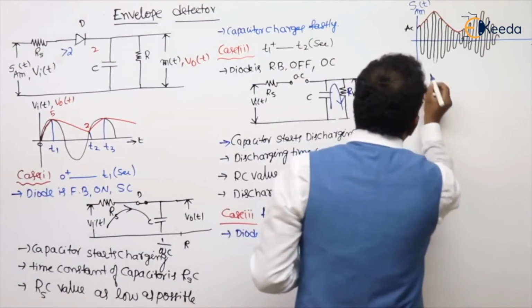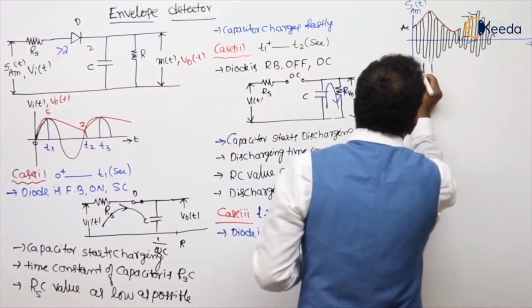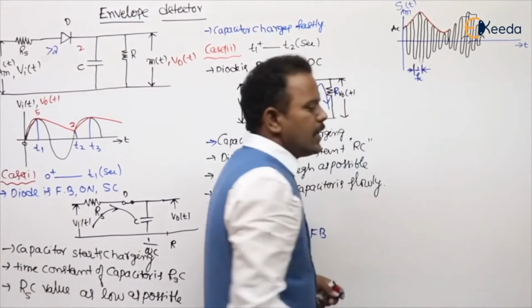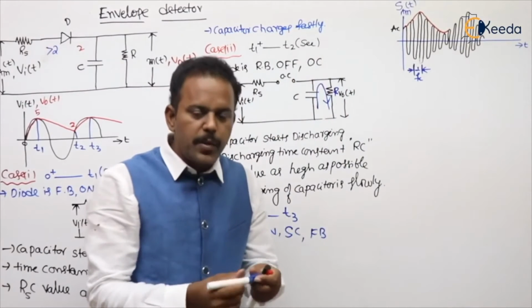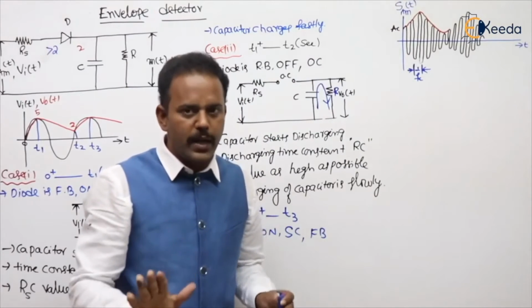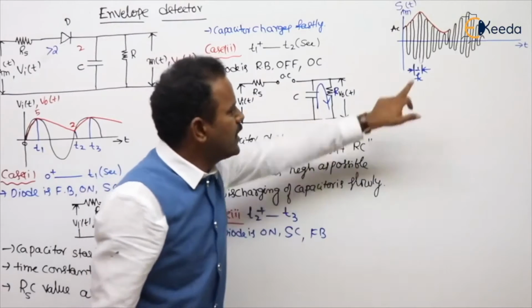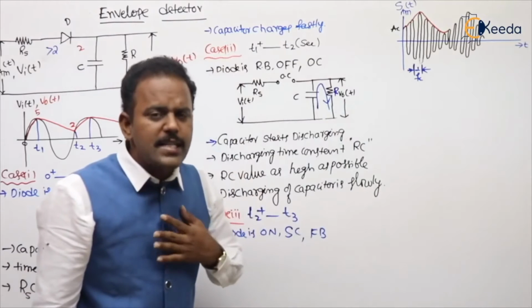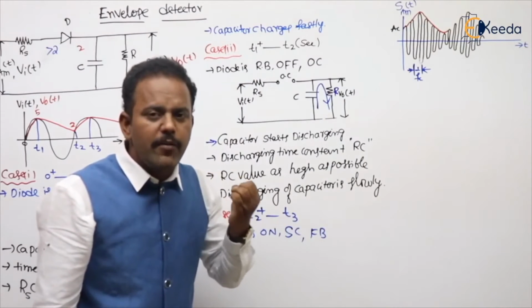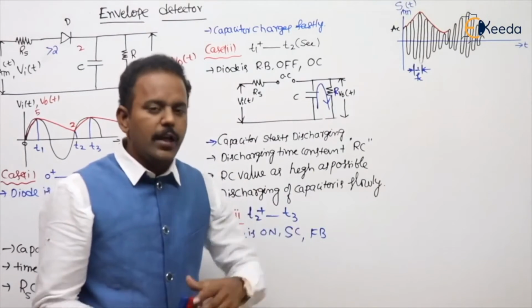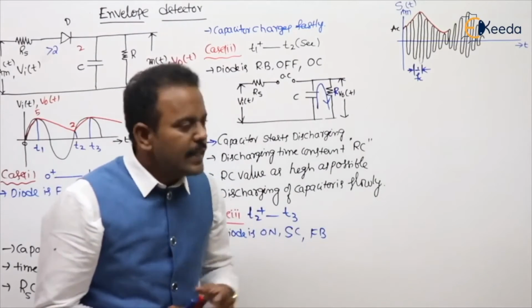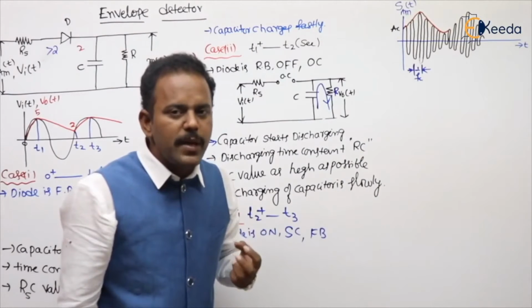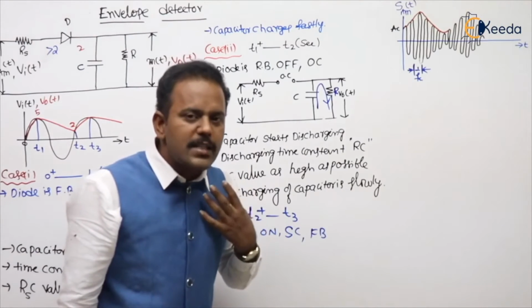What is its time period, sir? Time period is 1 by frequency. Of course, the AM signal has frequencies from Fc minus fm to Fc plus fm. That is approximately Fc, so I wrote 1 by Fc. Is the Fc value low or high, sir? Carrier frequency is very, very high. If carrier frequency is very high, then the time gap is very, very less. Time gap very less means the peaks are coming at a faster rate.